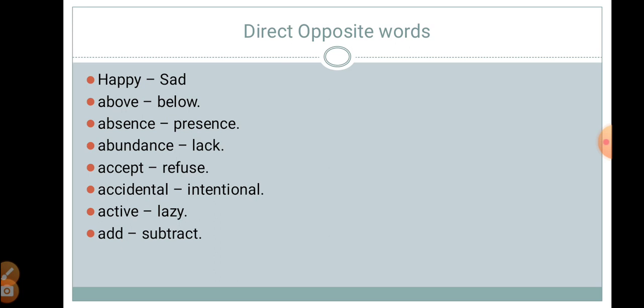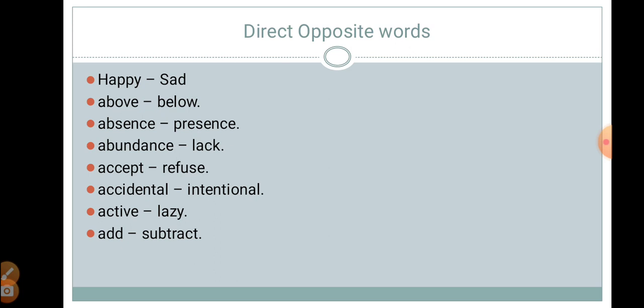Then accidental. The event happened accidentally. He accidentally missed his step. Then, opposite to accidental, we have intentional. Intentional. You do things deliberately. Things that come without knowing, that is what we refer to as what? Accidental. You are active. Once we say you are active, it means you are what?